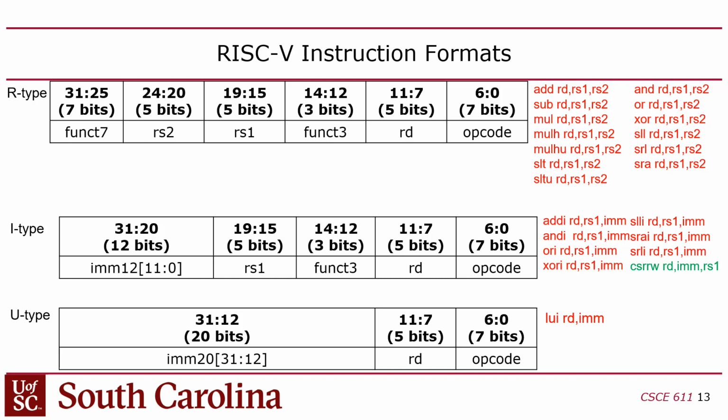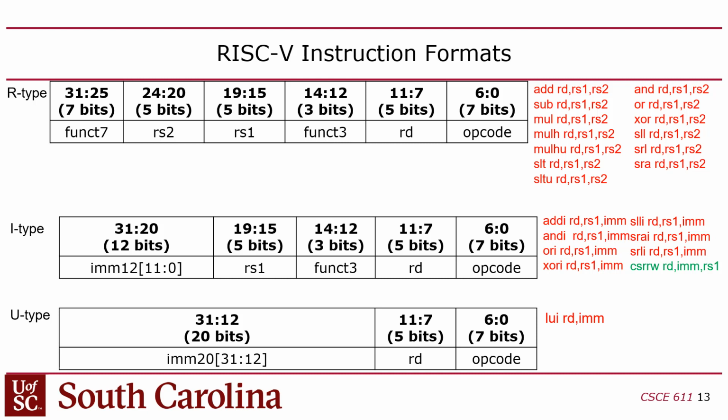Also, the registers are 5 bits each, but they're in weird locations. Our destination is bits 11 down to 7. First of all, they're called RS1 and RS2. You remember MIPS had RS and RT? Now there's no RT. It's just RS1, register source 1, register source 2, and register destination. It makes much more sense that way. But they're in random positions in the encoding. So you just have to look that up, unless you can remember that encoding.